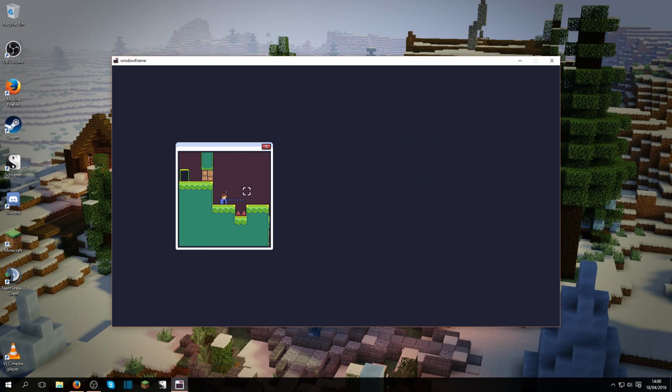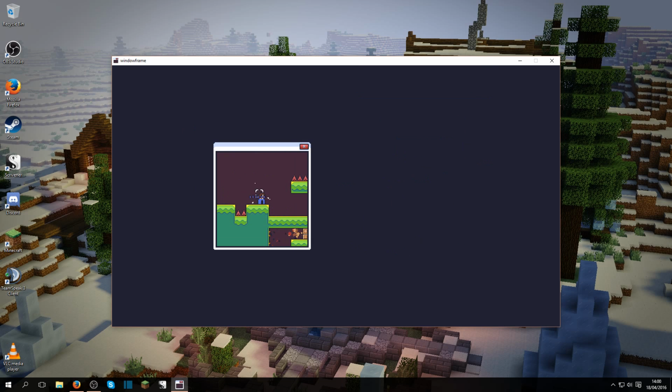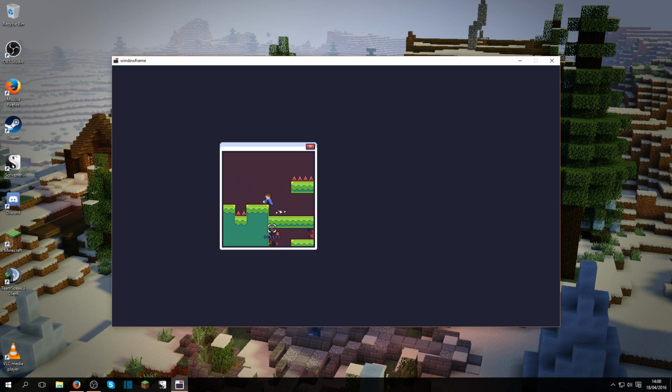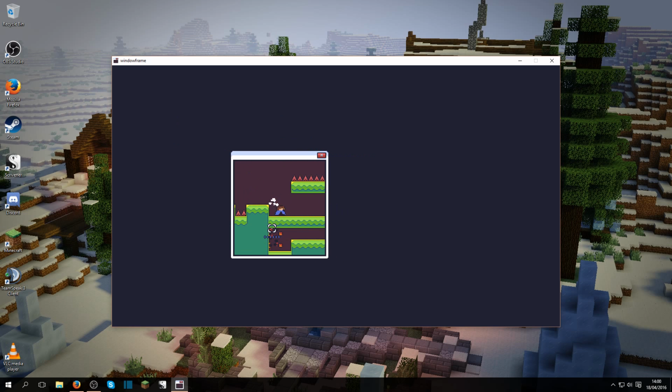I haven't found out if there are any secrets and stuff to be found yet, because this is the first playthrough I've done. I played a little bit of this just now to see if it was something I wanted to record, and it definitely is. So now you'll notice those wooden blocks that I pointed out earlier can be destroyed by the